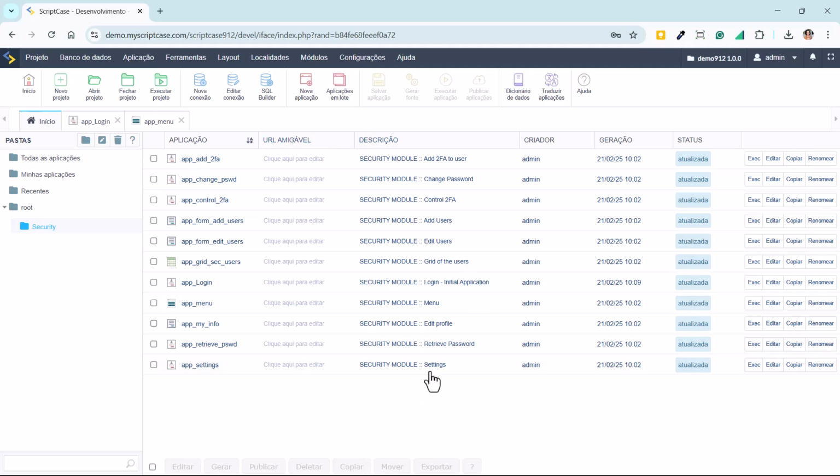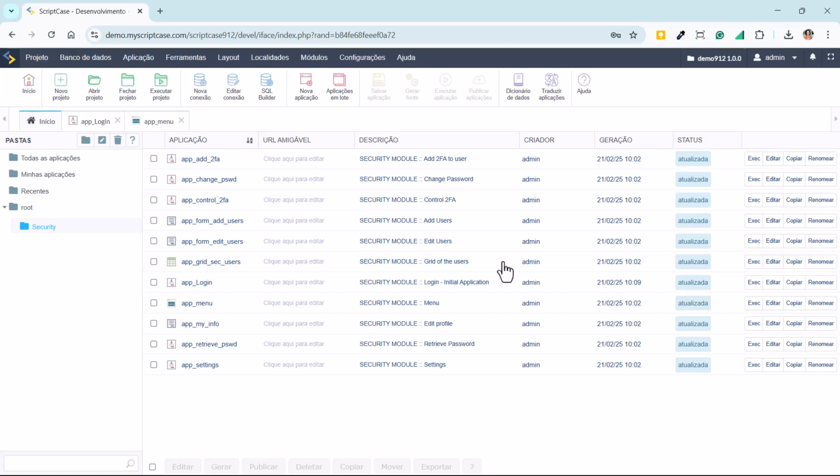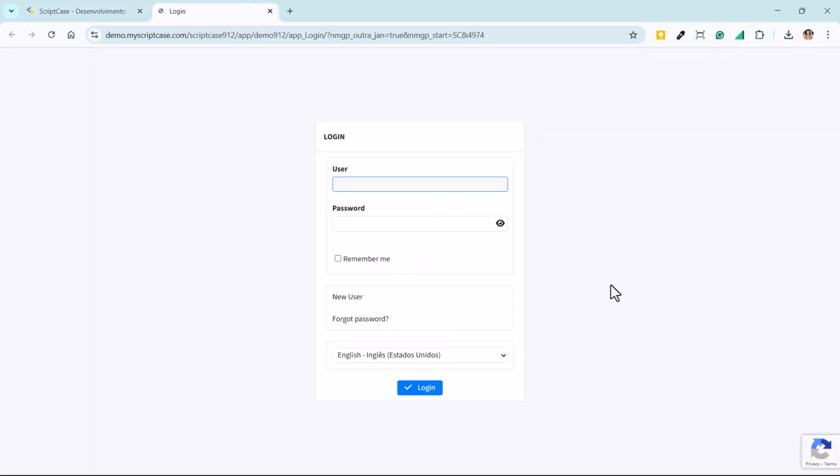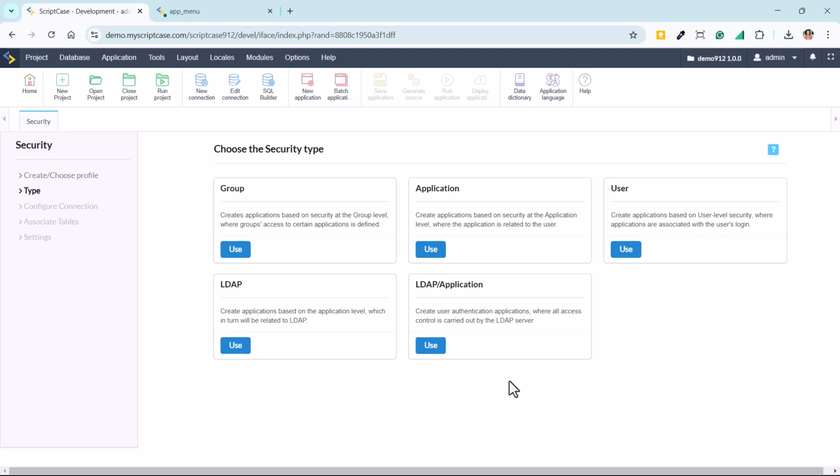So I have here a login screen. I will run it. So we have here version 3 implemented. You will see that it's going to appear here, protected by reCAPTCHA. So it's already being protected. I can log into the system and I don't need to interact with the reCAPTCHA. So just log in normally.